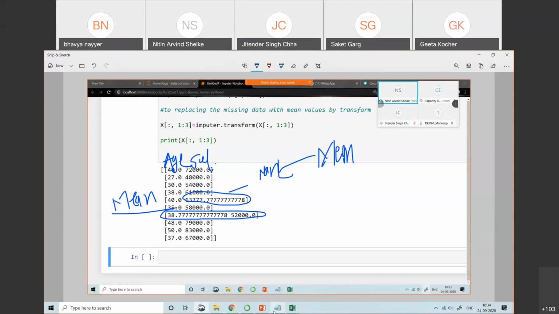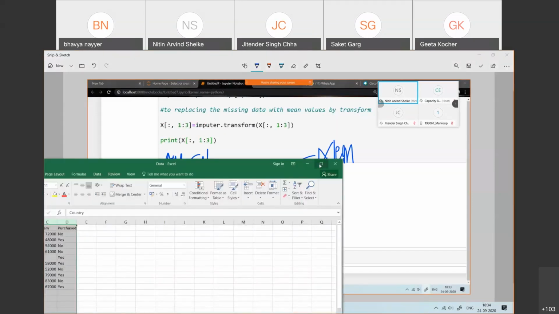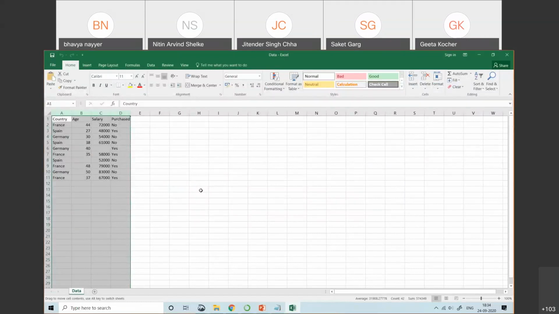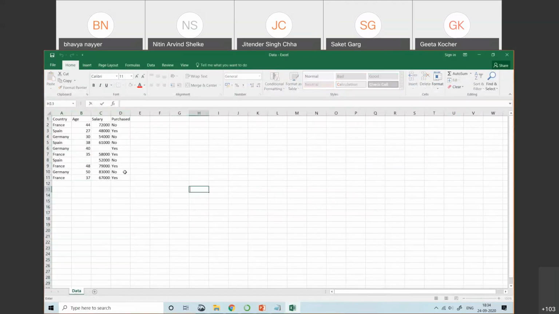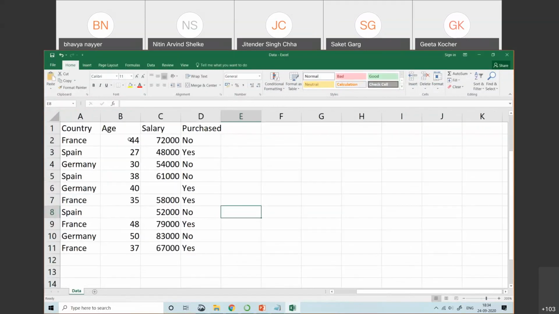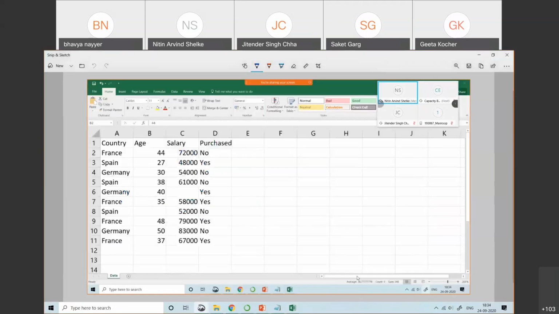I will just show you here whether it is correct or not. Now observe here, the mean of this is 38.77. Observe at the bottom, this is the mean, 38.77.